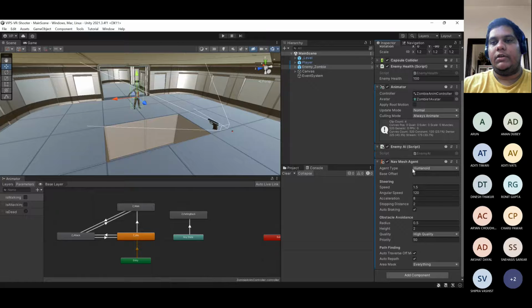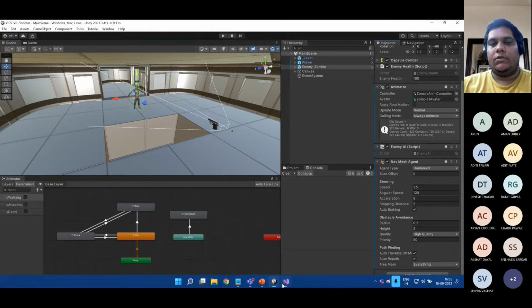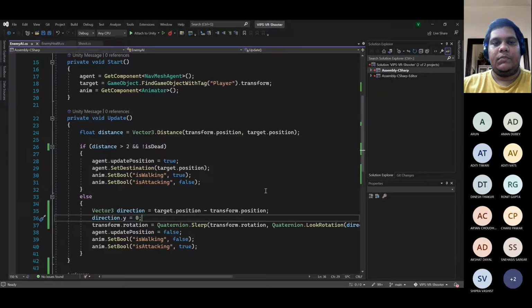In the nav mesh agent, we have some conditions in which we only change the speed for now. We can also change the angular speed, so the speed at which it rotates, depending upon how a zombie should behave. Acceleration can be changed, stopping distance can be changed. Stopping distance we have kept at 2, because we have also defined that